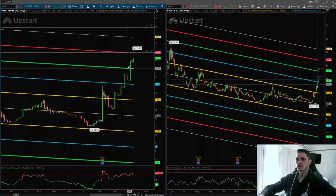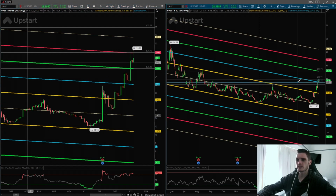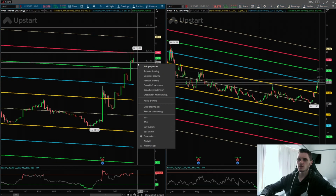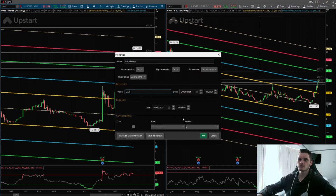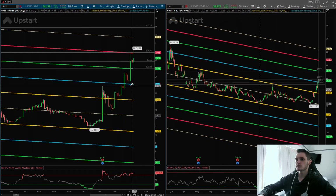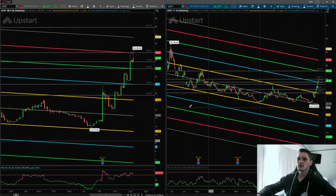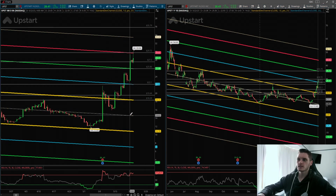Now, on the way down, what are key supports? So we have $25. We actually just missed that. I think we hit that intraday, which is the $27.50. So we can see how these are reacting intraday. That was tested as a support. We have the $25.90 on the way down, and then if we break that a lot further down, we have $22, $19.50, and $18.30. Now, $18.30 is probably where I'd get out completely because